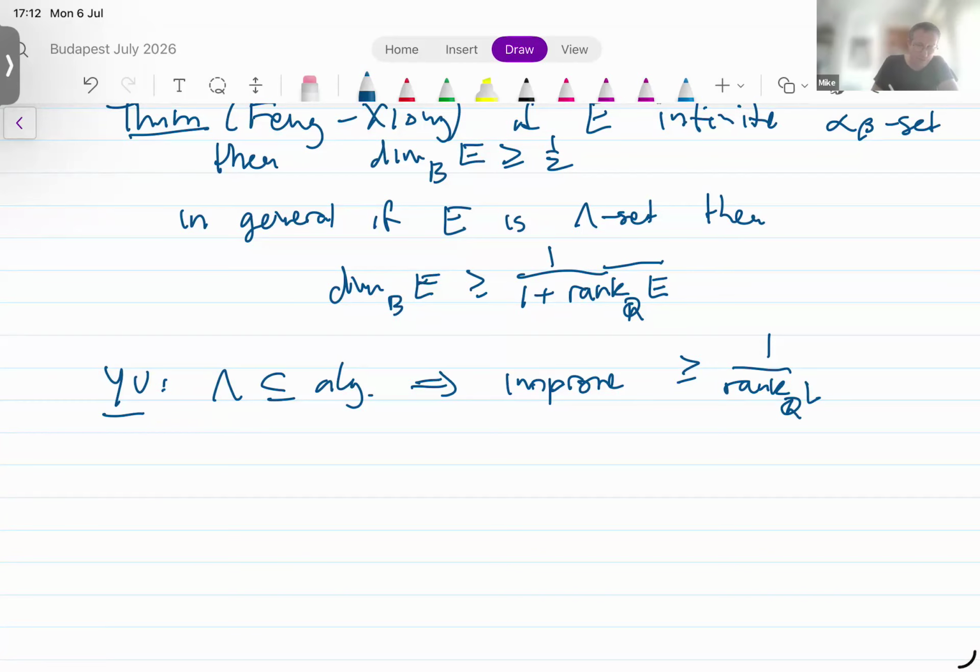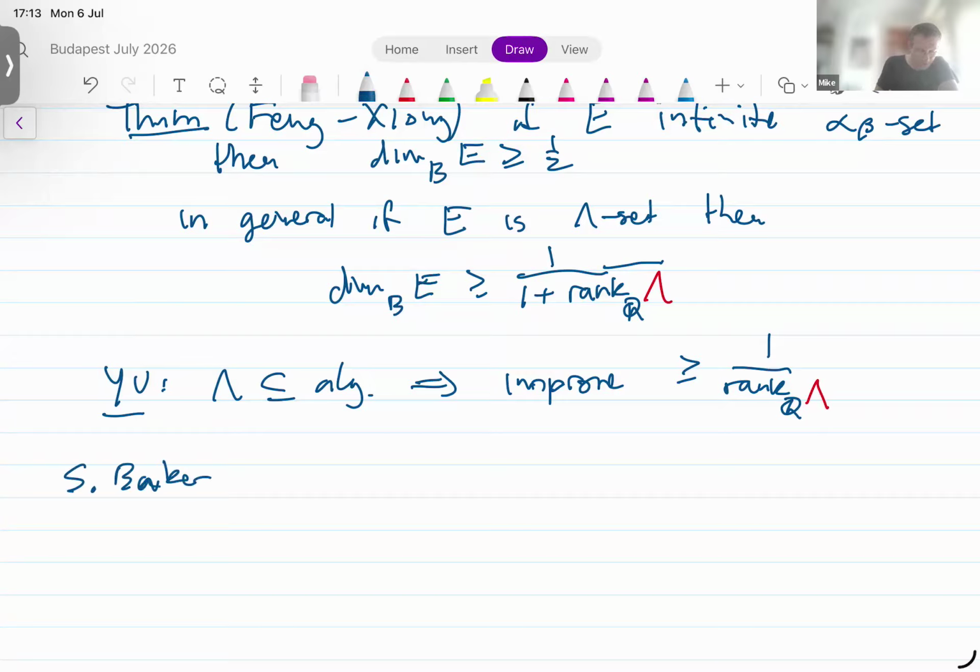Sorry, I said the Q rank of E, but I meant of lambda. The Q rank of E is usually infinite, but the Q rank of lambda. So you're interested in the Q rank of the set of possible gaps, not of the lambda set itself. So that's an improvement. And then Simon Baker,